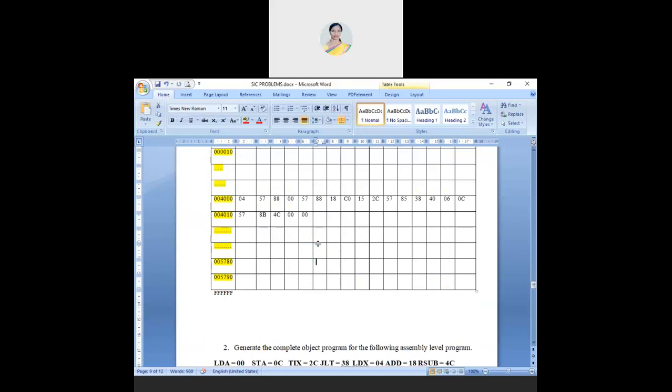I'll just fill everything with fill color. Fill color here. Okay.